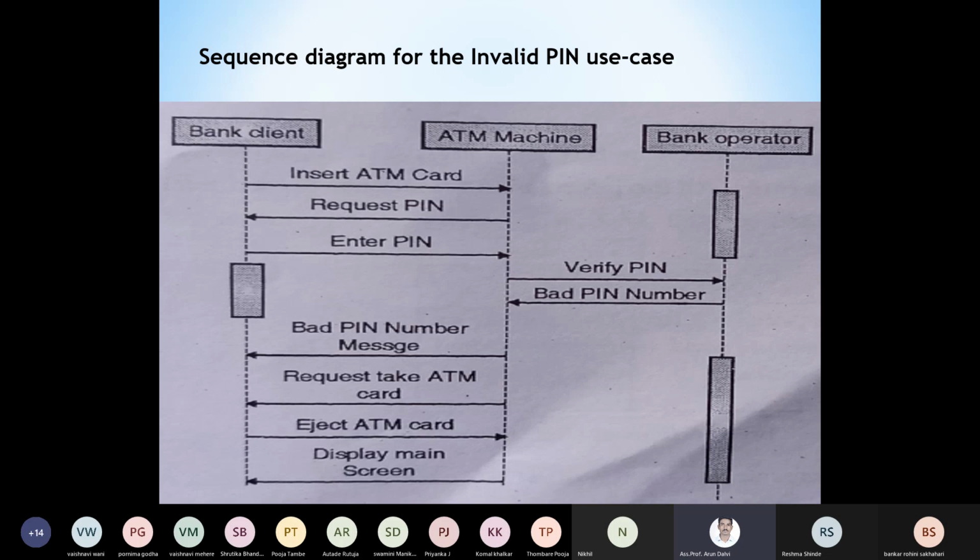Then the ATM machine will send another request to take your ATM card, the bank client will eject the ATM card, and the ATM machine will display the main screen. This is the sequence diagram for the ATM machine, the internal scenario whenever we enter an invalid pin.